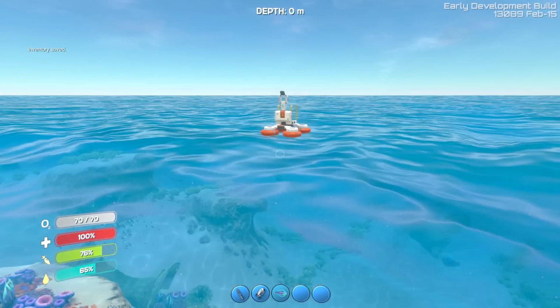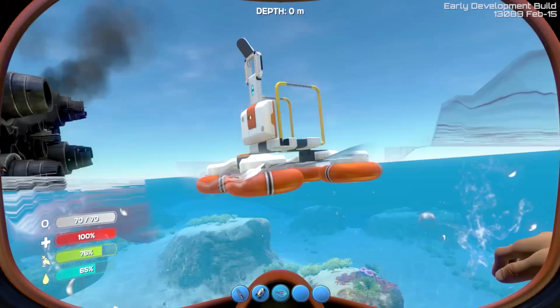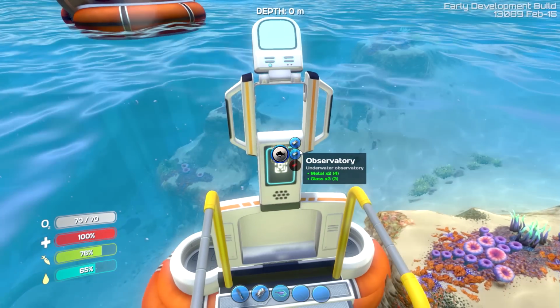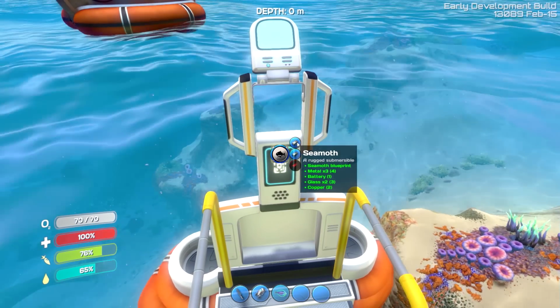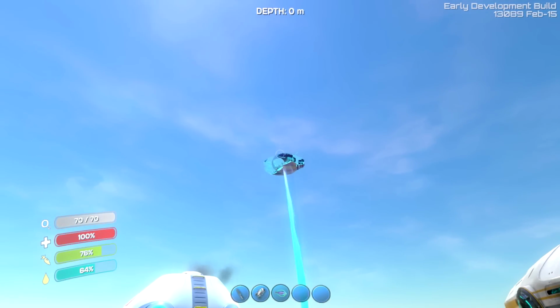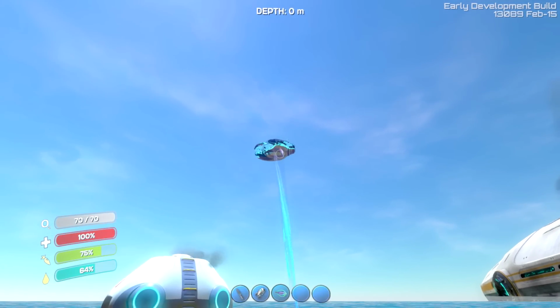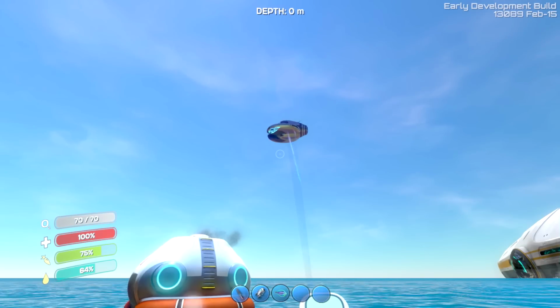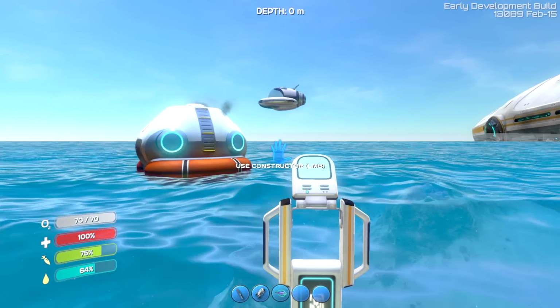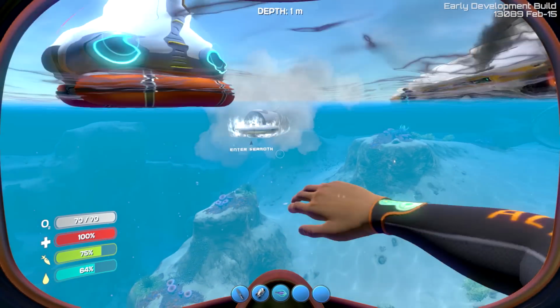There's the constructor. The constructor sometimes moves around because it's floating, so it might be a good idea to stick a beacon on it or something. I'm not really sure. But then when you start crafting the Seamoth, it'll construct it up there in the sky, which is really kind of cool to watch. And then when it's done, it will plunge into the water so you can start using